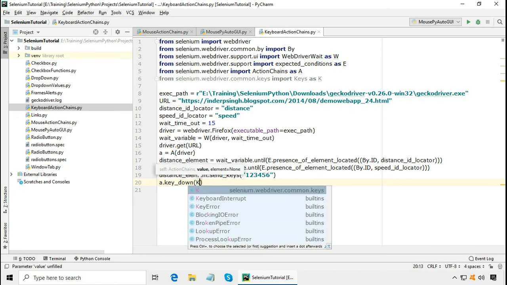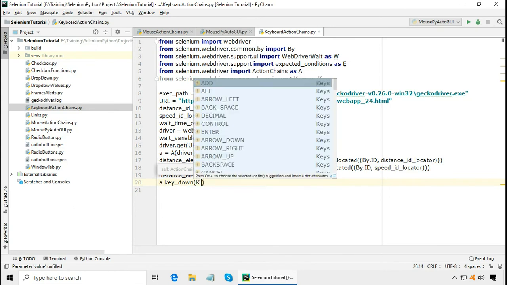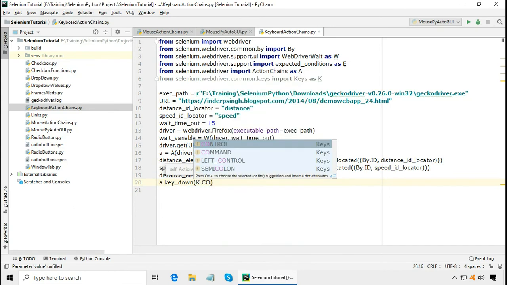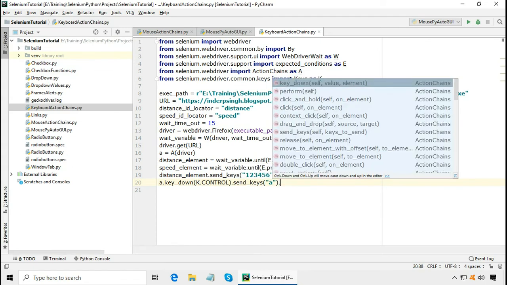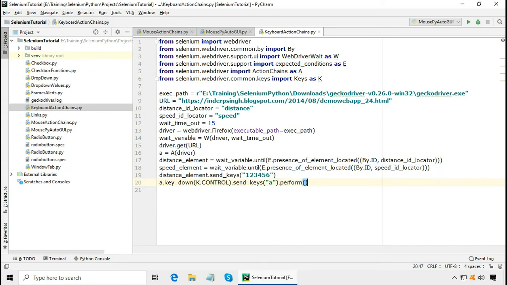The alias is K dot CONTROL dot send_keys and a. So basically we are keeping the control key pressed and sending a. That means a Control A operation will be performed on the distance text box text, and in the action chains object we have to call the perform method, otherwise it won't execute.